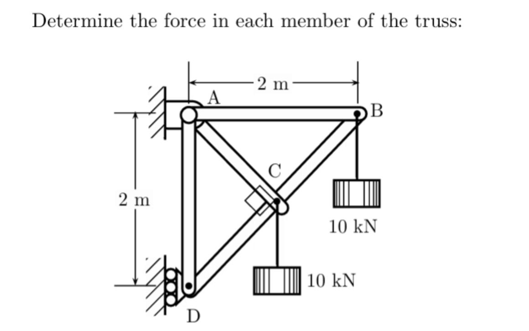So we have to find the force in each member of this given truss. We have a figure of a truss which is hinged at one point, and there's a roller hinge and a normal hinge on one side of this truss AD. At point A it is hinged, and at point D it is a roller hinge, and we have two forces downward, 10 kilonewton each, acting downward at points C and B,